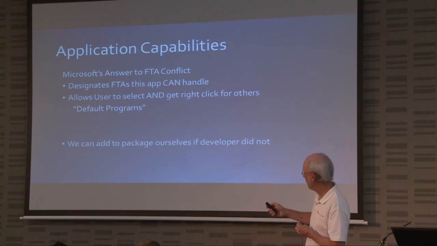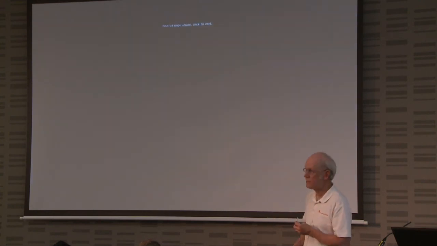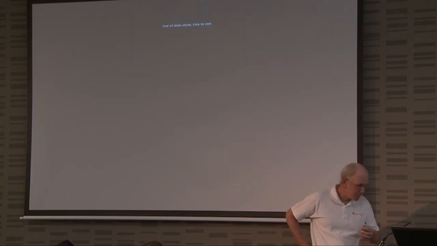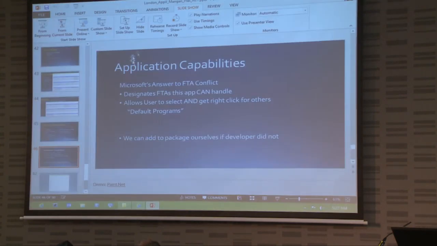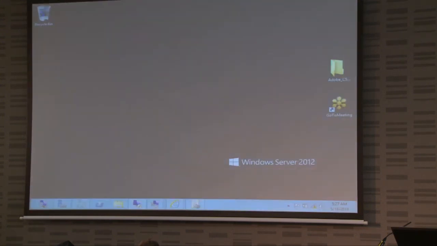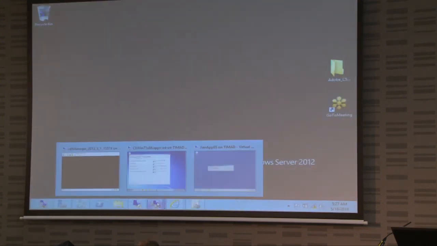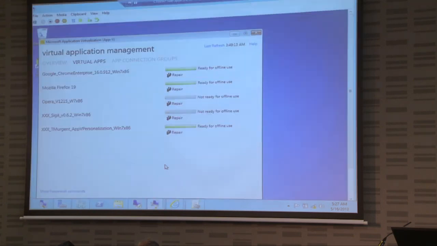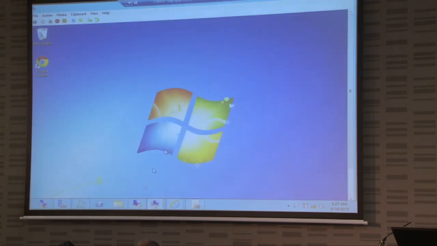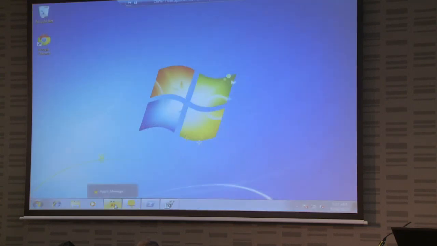I talked about application capability, so we'll just skip over that. I do have a couple of other tools that I'll just very briefly show so we can have some Q&A here. Let me go to this VM. Okay, so one tool that I find very helpful in my environment when I'm finished sequencing is